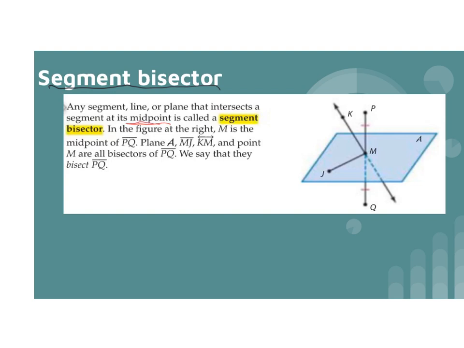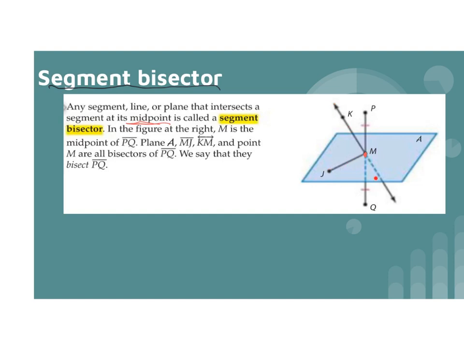So in the figure, we have M is the midpoint of it all. And we have the plane A. This is plane A here. We have line MJ, KM,